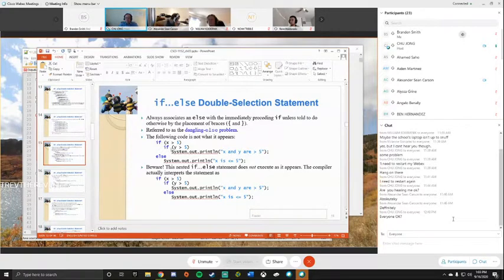Okay, right? So this one says x and y are greater than 5 because both of them are greater than 5, it will go to here. But if x is less than 5, say 4, then this if will not be executed